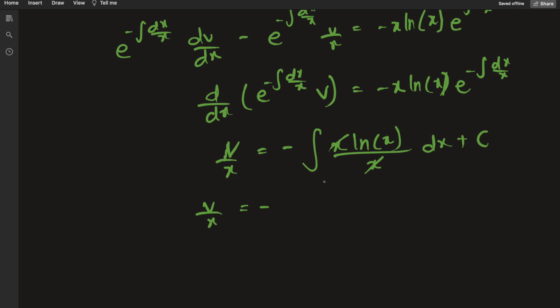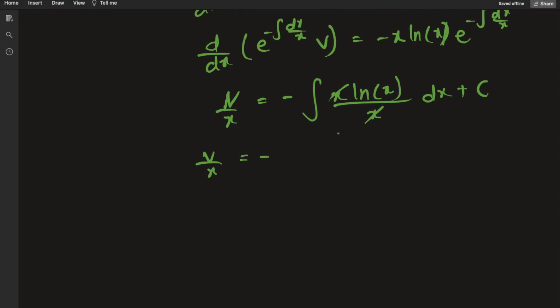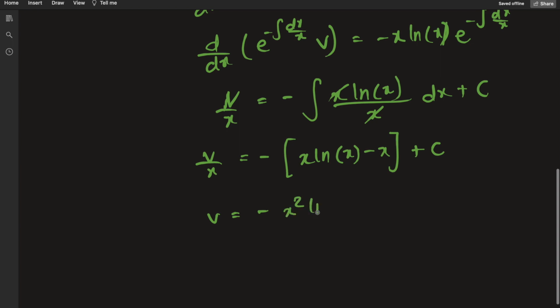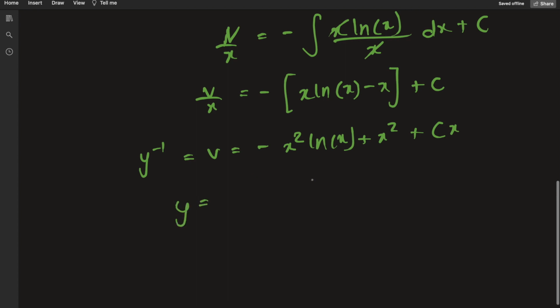let's see, okay, so we have the integral of natural log of x, which you can do by integration by parts. So you get x times natural log of x minus x plus c, fine, whatever. So v is just going to be negative x squared natural log of x plus x squared plus cx, but v was just y raised to negative 1, so you can just take a reciprocal everywhere. y is 1 over negative x squared natural log of x plus x squared plus cx. That's